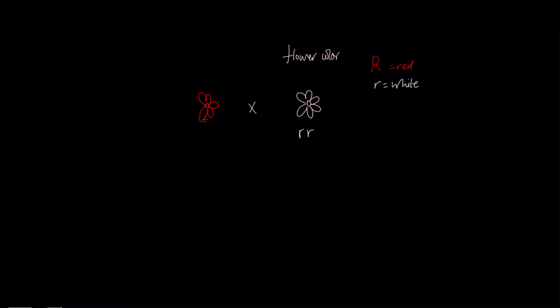This flower here could either be big R, big R, or big R, little r, because in normal Mendelian genetics of normal complete dominance, you need just one version of the working allele to cause a red flower, to cause that allele to be expressed in the phenotype. But really importantly, the reason why I'm writing this down is because I want us to look at the